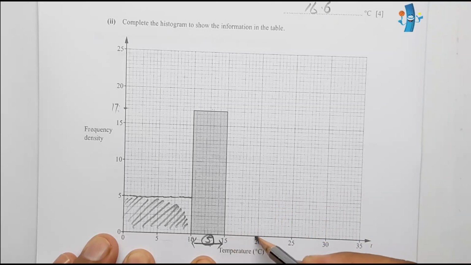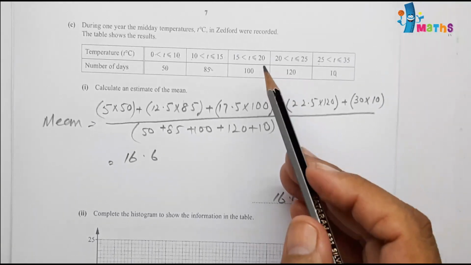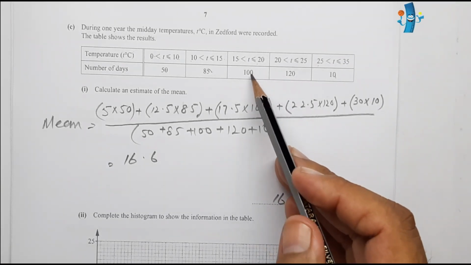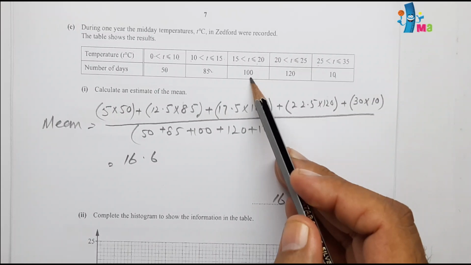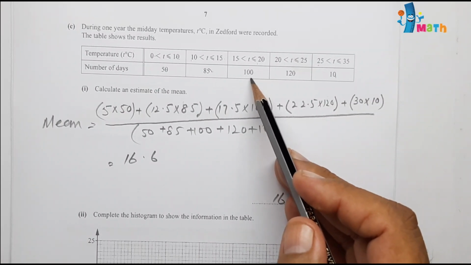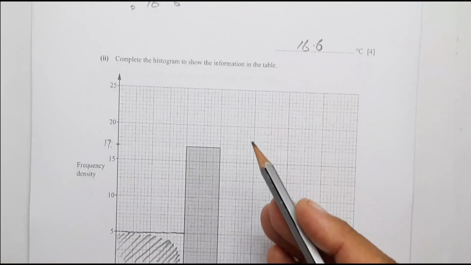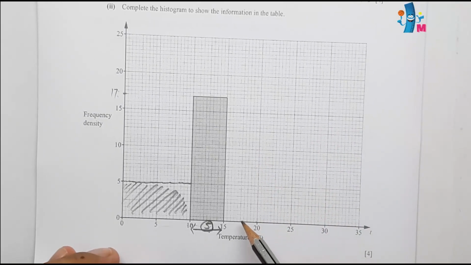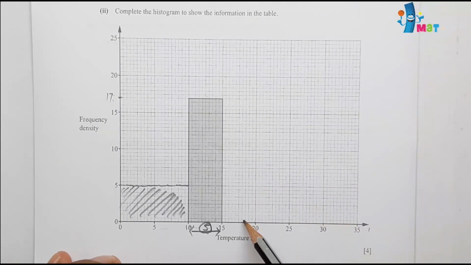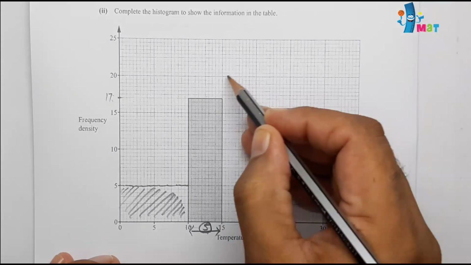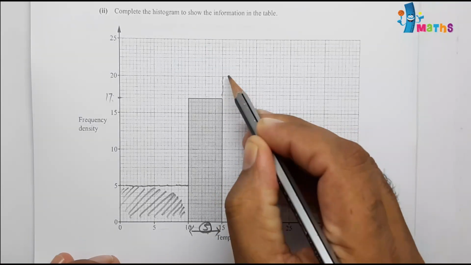So the bar width will be, because the range given is 5, and the number of days is 100. So 100 divided by 5 will be 20. So we can take the width of this bar as 5 and the height will be up to 20. So we can